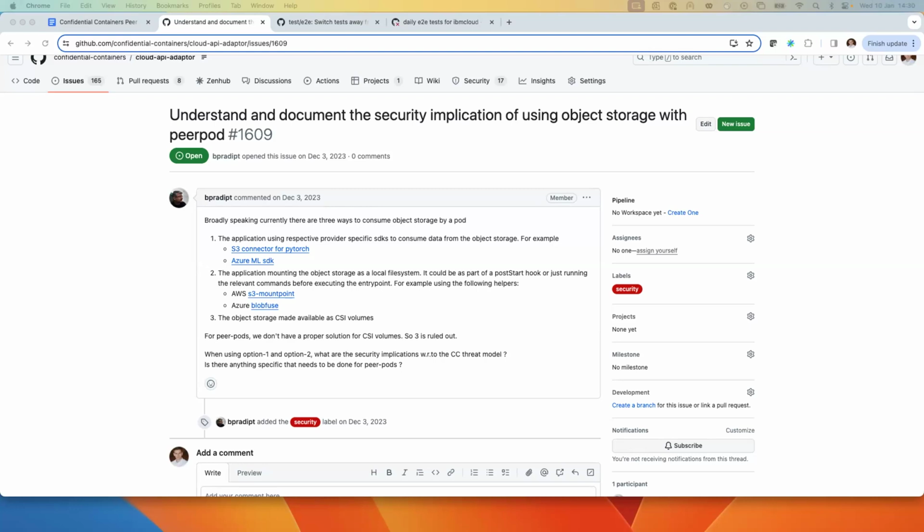What we found out is that it actually does a fuse mount, and of course we cannot do it in an init container because it dies, and if it is a normal sidecar, then the mount point is not shared between the different containers.